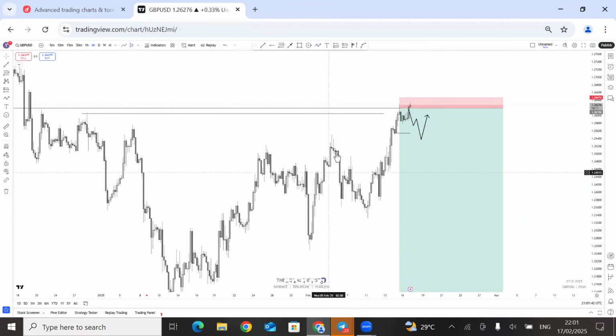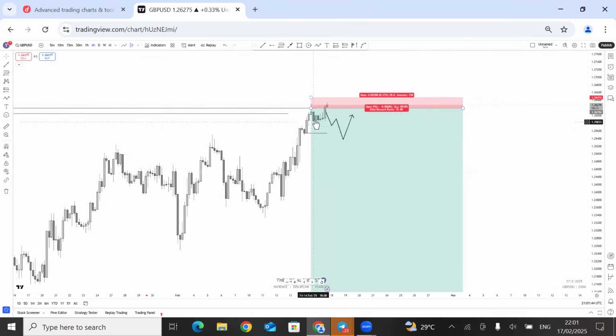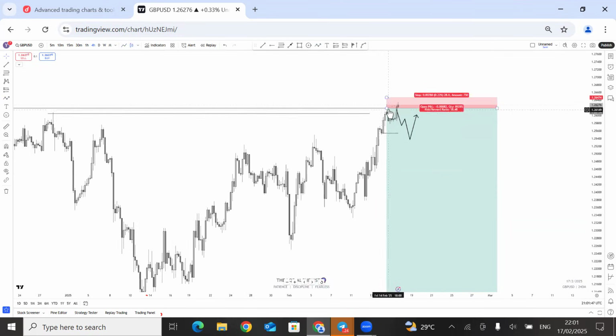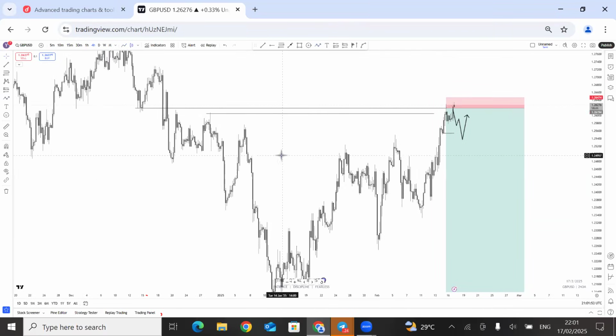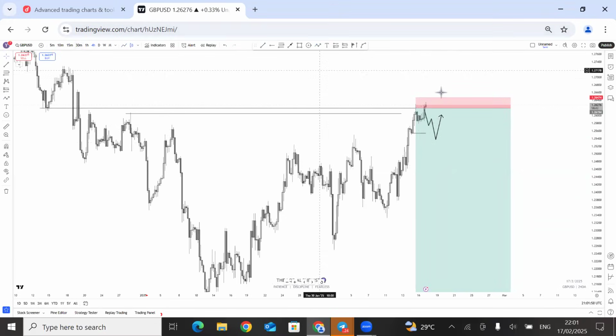If I turn it on here, you see price is still bullish. I just want a break of structure. It's forming something like a sweep here, and I want a break of structure. If it doesn't, I'm not going to take the trade on a higher time frame. I'm not going to take any trade. So I'll just wait, be patient, and start looking for setups on the 15 minutes. So let's go back to the daily.